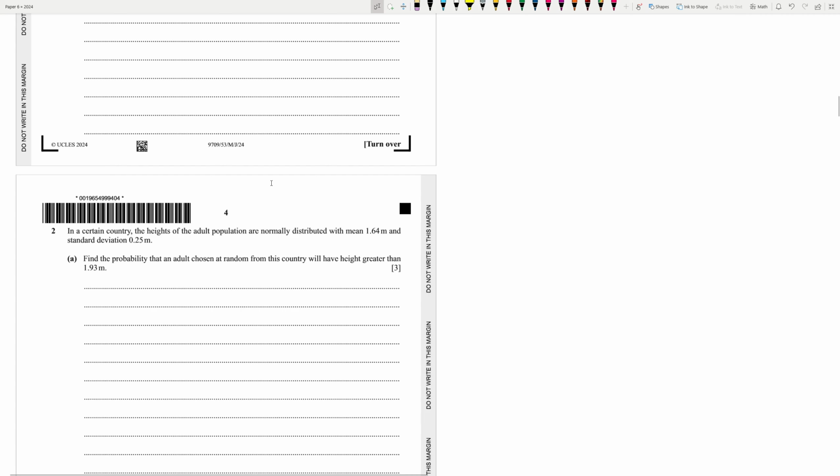Question 2. In a certain country, the heights of the adult population are normally distributed with mean 1.64 meters and